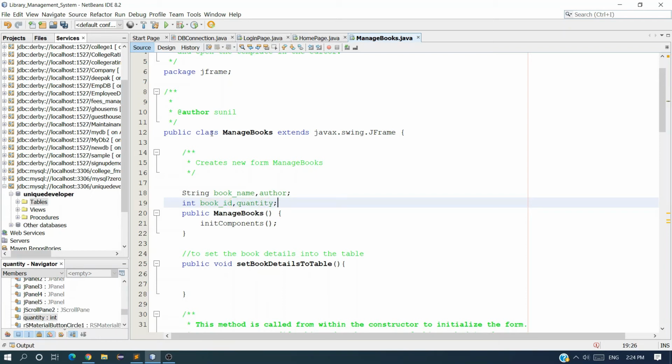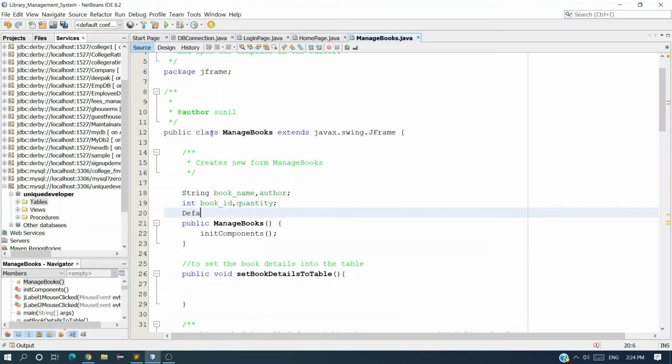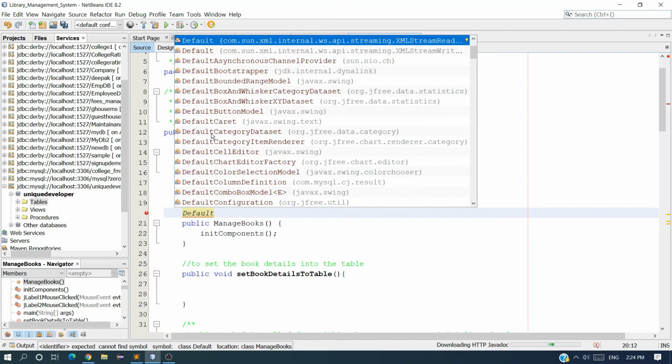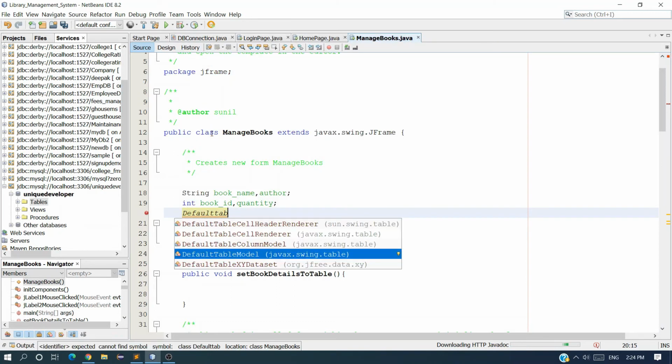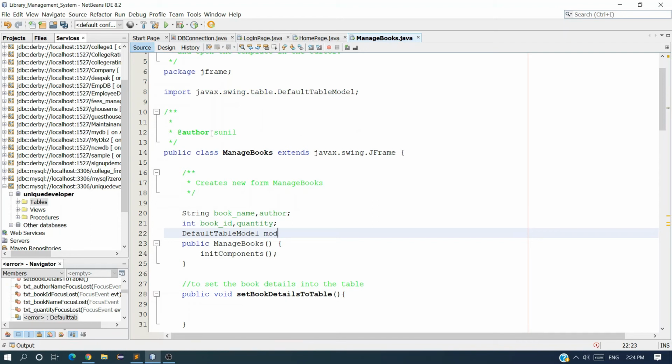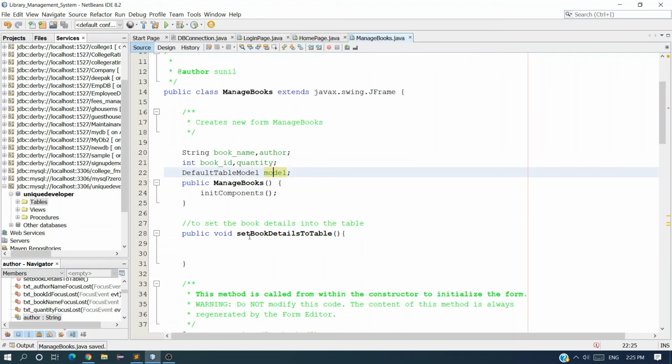And then the last one is I want to create a default table model. I will tell you later why we require this.